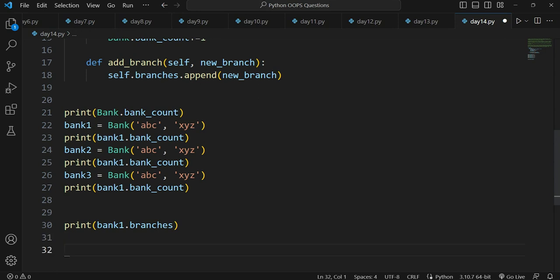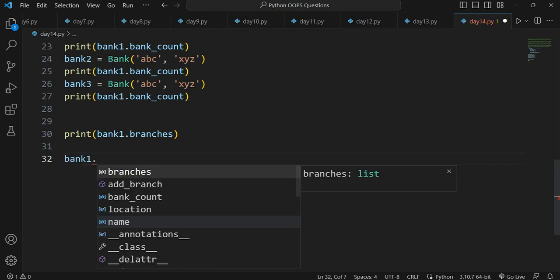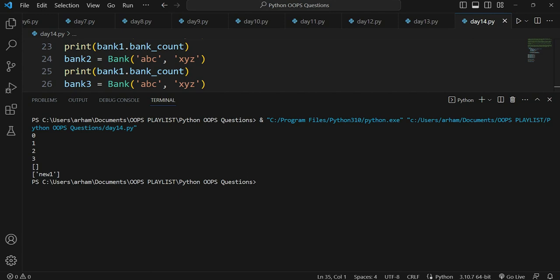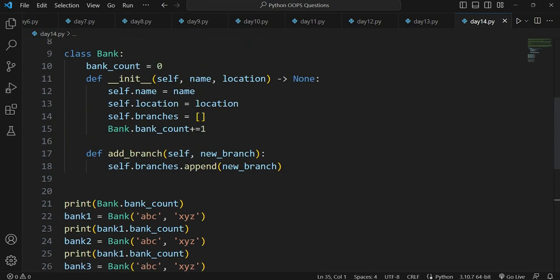So what we will do here is say bank 1 dot add branch, and let's say I add a branch of 1 2 3 as my brand new branch, or you can say new one. And if I print it now, after adding it, I will be getting new one in my bank 1. So this is how it works, and I hope that you have understood this too.